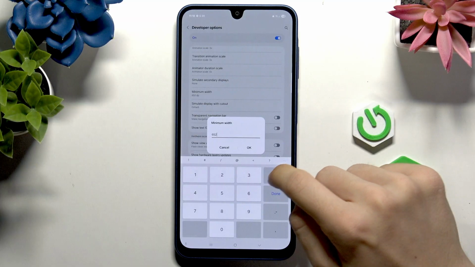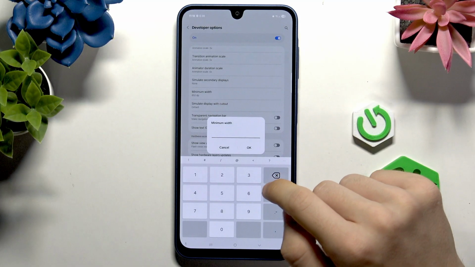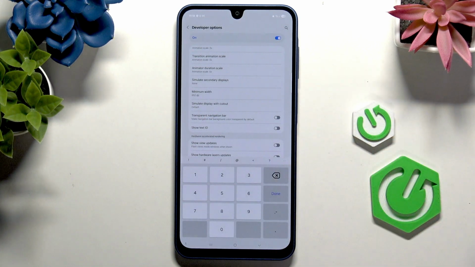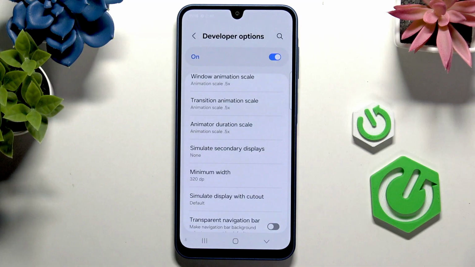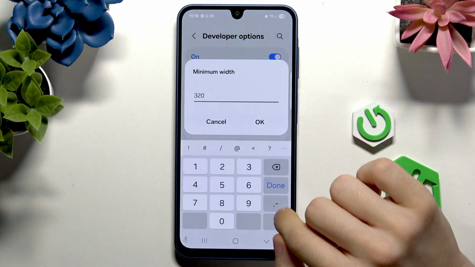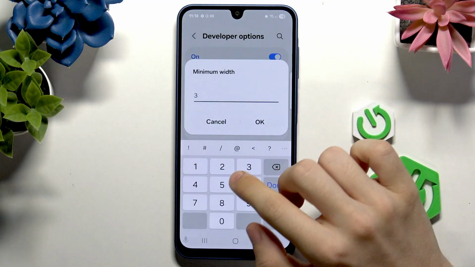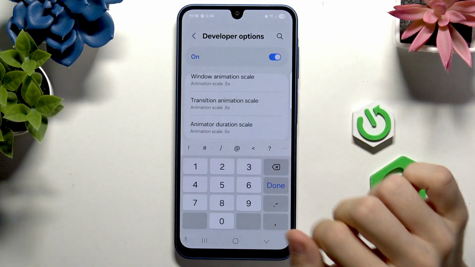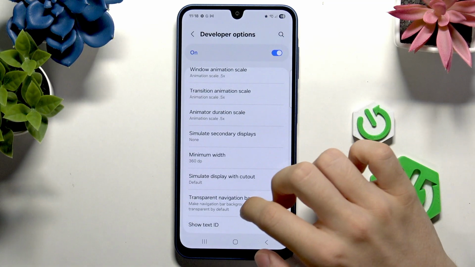You can also set it to something smaller than 360, like for example 320, and it's gonna have bigger elements on the screen than by default. And yeah, you can change it to whatever. I'm gonna go back to the default setting, and now